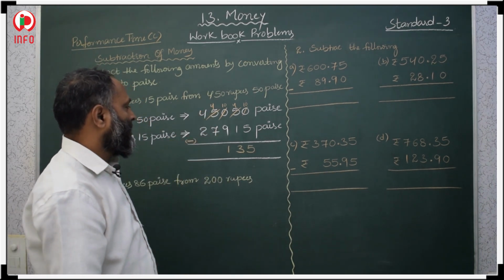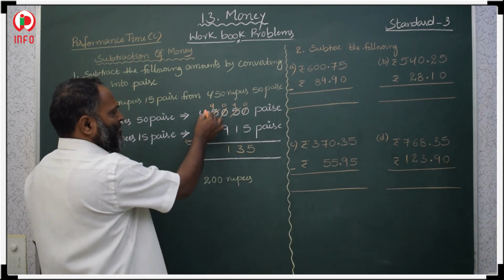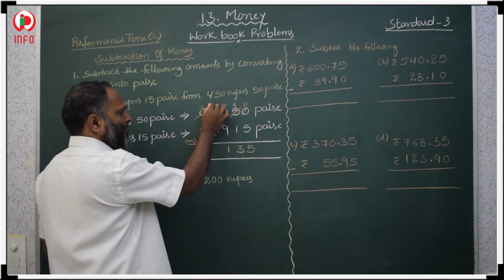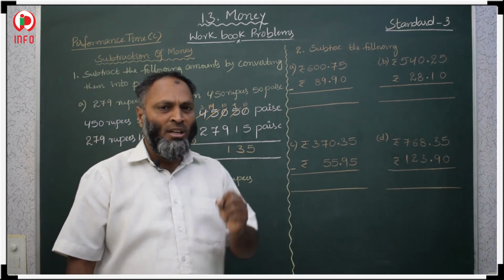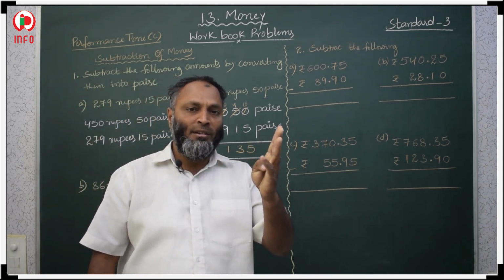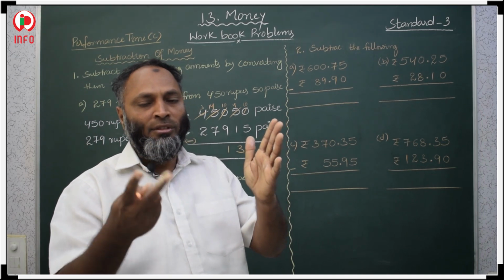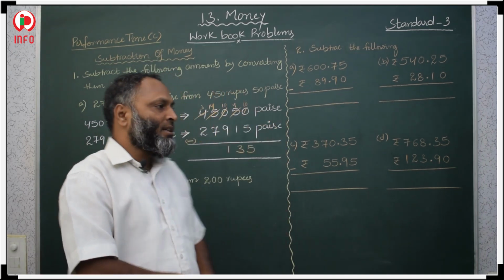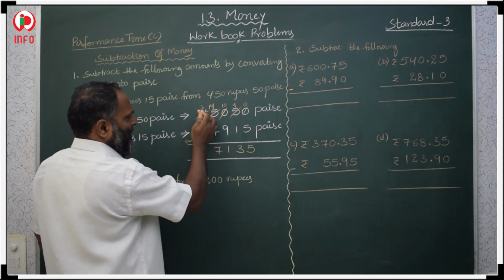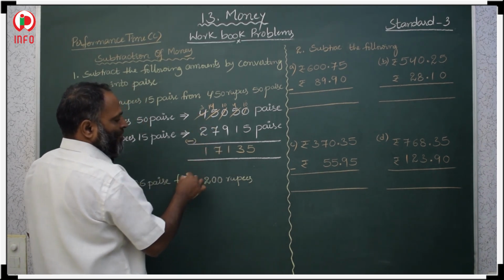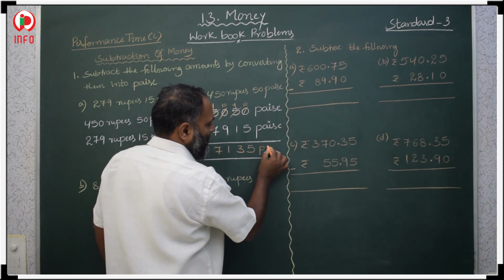Then 4 minus 7, again the minuend is smaller. So borrow from here, you will get 3 here, you will get 14. 14 minus 7 means 8 to 14 we have to count: 8, 9, 10, 11, 12, 13, 14. It is 7. 14 minus 7 is 7. Then 3 minus 2 is 1. So this is about pice.